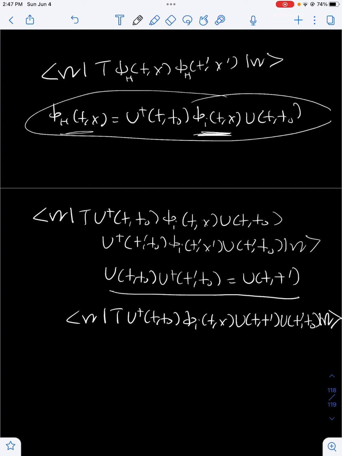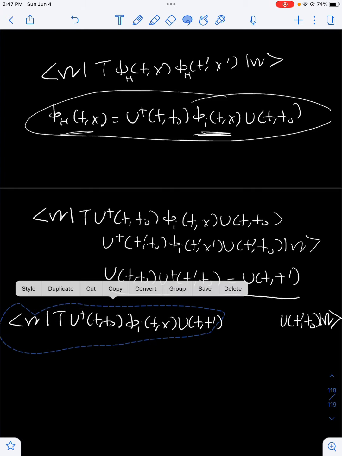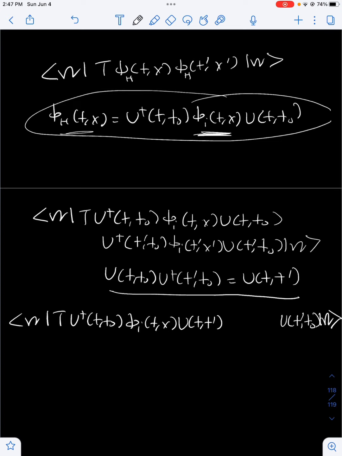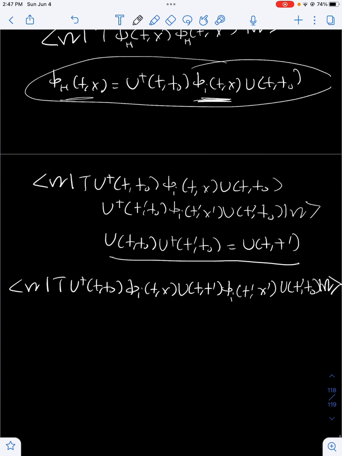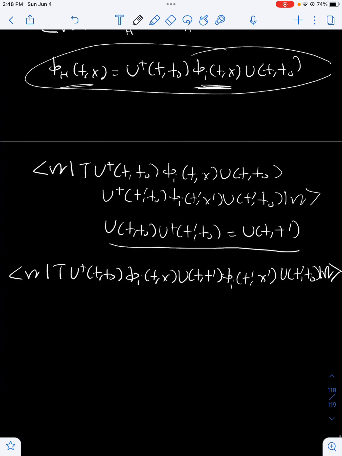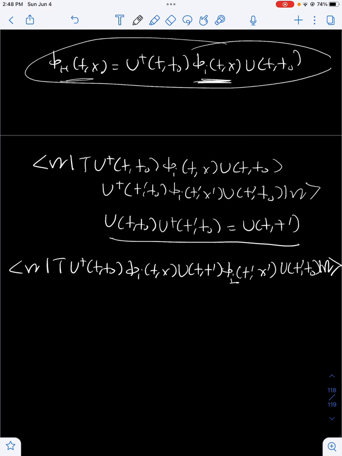I don't know what happened to the other free field. It should be right over here. So there should be another free field, phi_I(t', x'), right over there. Okay? And we're almost done, but we're not completely done yet, because yes, we have free fields now, but we